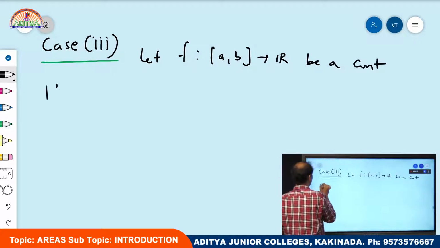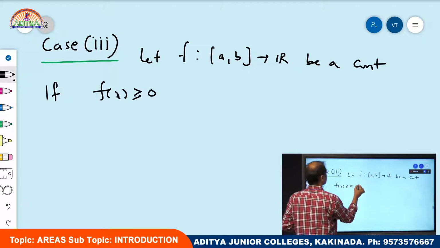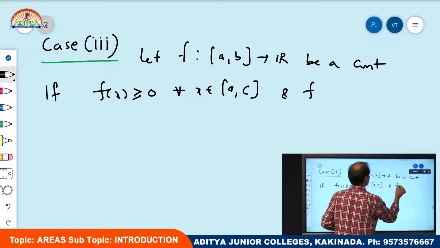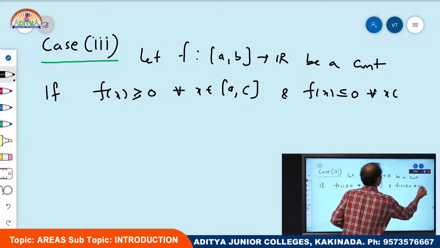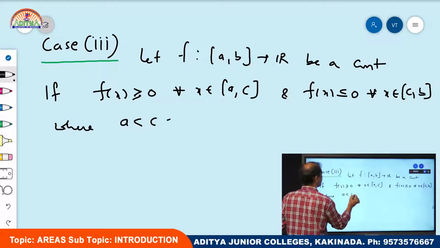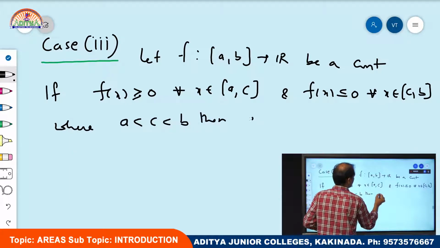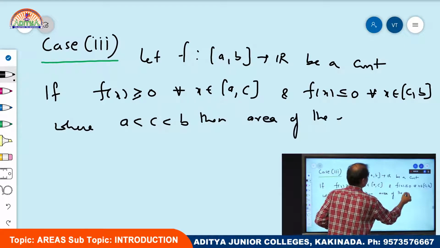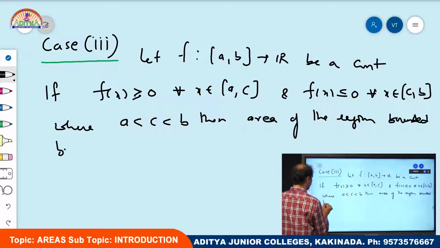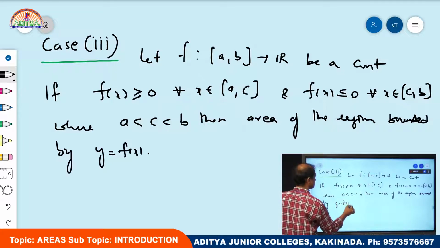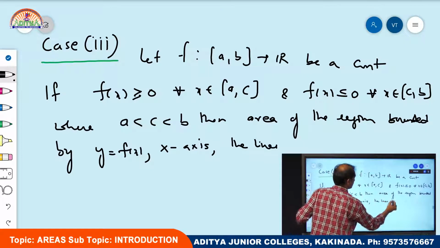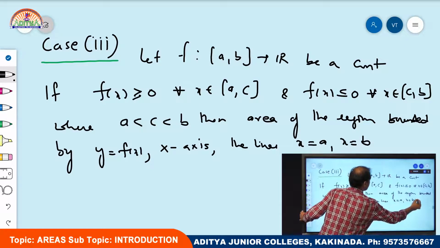Okay. If f of x is greater than or equal to 0 for all x belonging to closed interval a comma c, and f of x is less than or equal to 0 for all x belonging to closed interval c comma b, where c is a point in between a and b, now the area of the region bounded by y is equal to f of x, the x-axis and the lines x equal to a, x equal to b is...